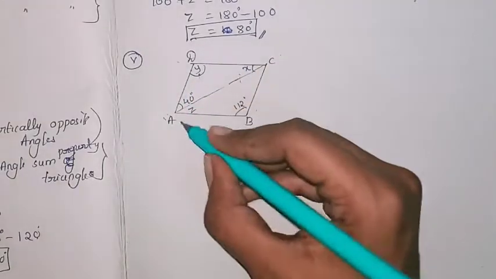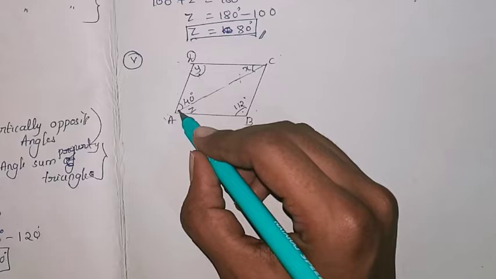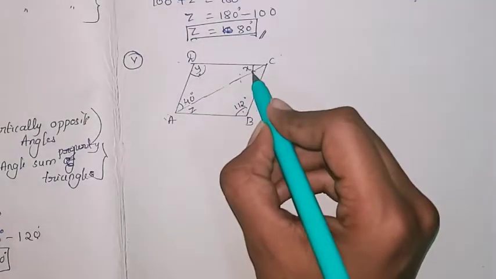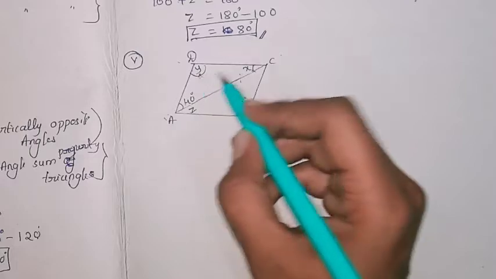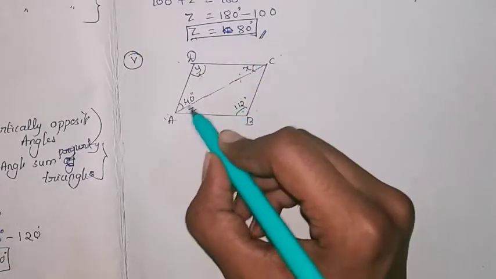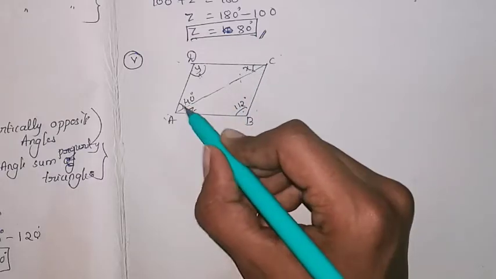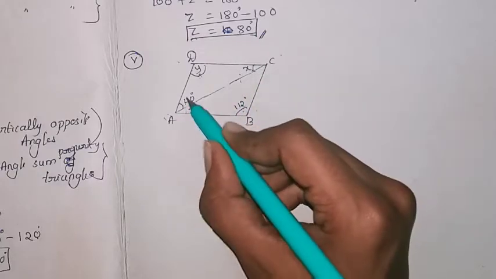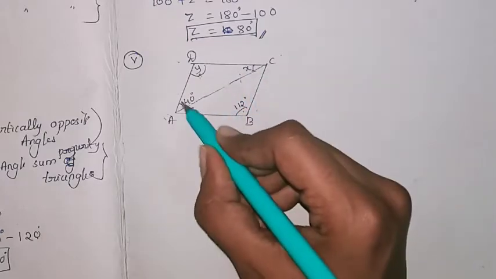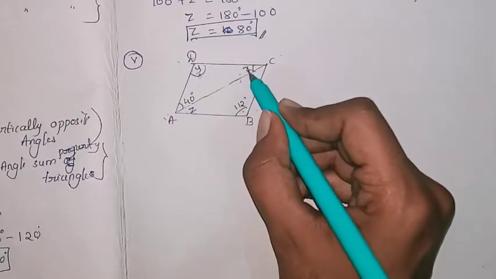In that they have given the angles 40 degree, y, x, 112 and z, and there is a diagonal also. Observe, you have to find the x value, the z value and the y value. One angle they have given, and here also one angle is there. If you consider this one, this is the whole angle and this is the whole angle, so the diagonal is dividing the angles into two parts. So you can't write that the opposite angles are equal here, because these are divided, and we don't know the value of z or the value of x here.